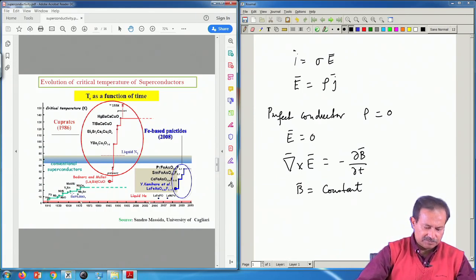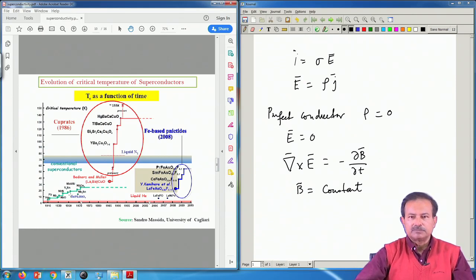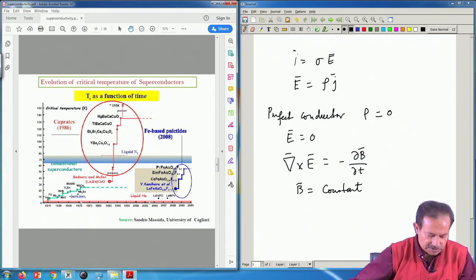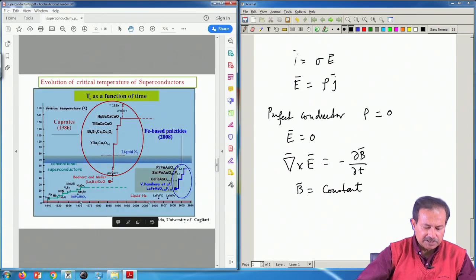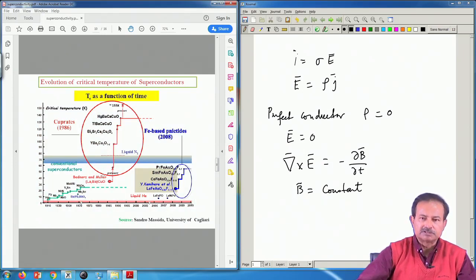So, the reason BaPb is useful and important is that the undoped compound shows charge density wave. So, that is a different matter. So, that is why let us not discuss it, but this high Tc class, which basically started with